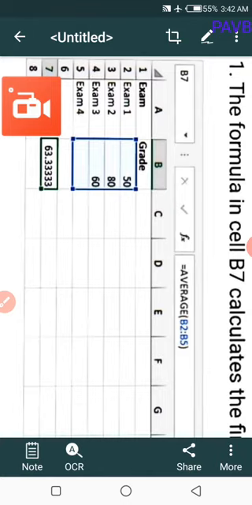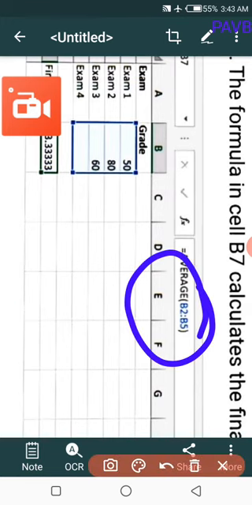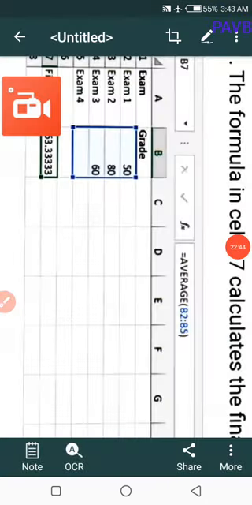What is given in the address? =AVERAGE(B2:B5). What is the range? 50 plus 80 is 130, plus 190 makes 190 divided by 3. What is the answer? 63.333.